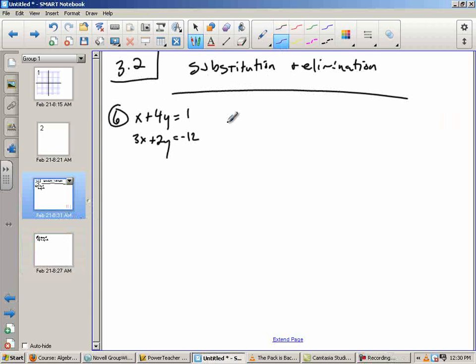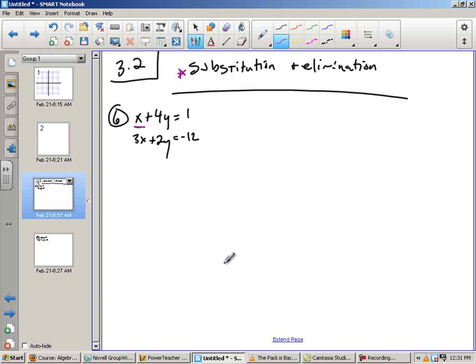Okay, so today's assignment is 3.2. It's about substitution and elimination to solve linear systems. Here on number 6, we have a linear system, and the key is identifying which method is preferable to use. Now, you can use either one anytime you want, but as far as preference, anytime there's a variable with a single coefficient, so right here I have 1x,